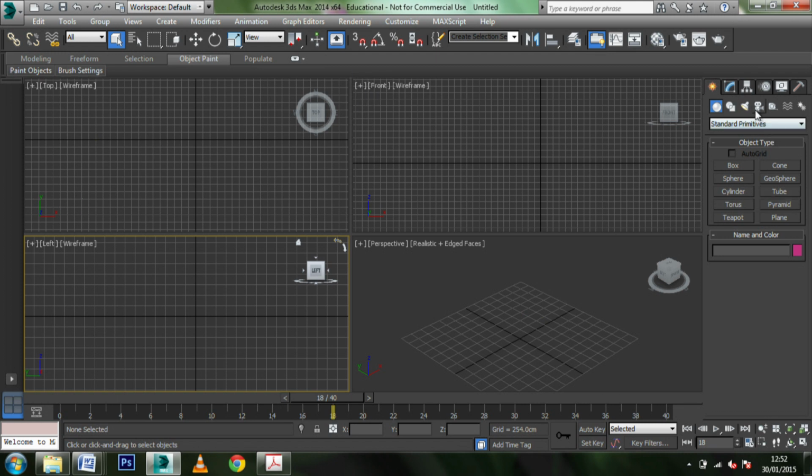We have on the right hand side here, these are the basic objects that we can put in a scene, and then along the top side here we have our render options, and we have a material editor. We have some options here that we don't need to worry about just at the moment, and then the ones that we do need to look at are our move, rotate and scale. These will be some of the key options that we'll be looking at throughout the time in modelling on this